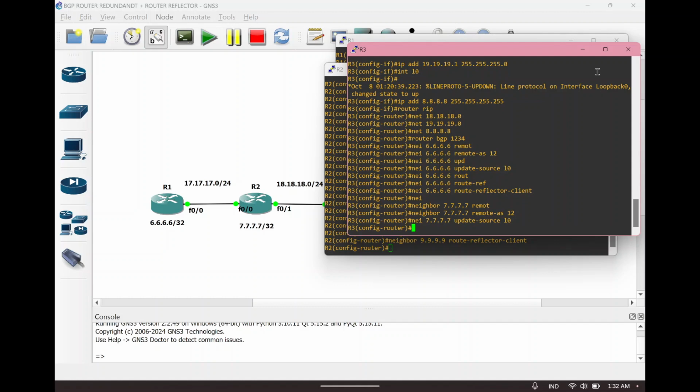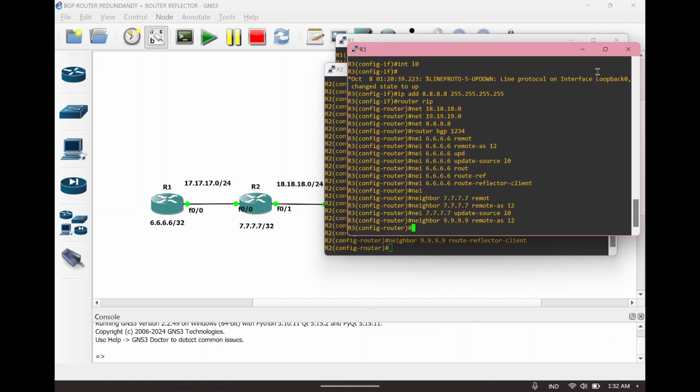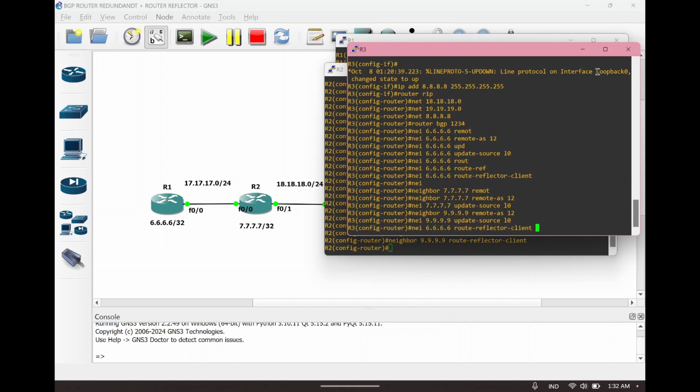This is usually the IP of the other router, yes, not my router that we want to configure. We cannot enter without entering it. And make the reflector client for router number 1 and number 4.